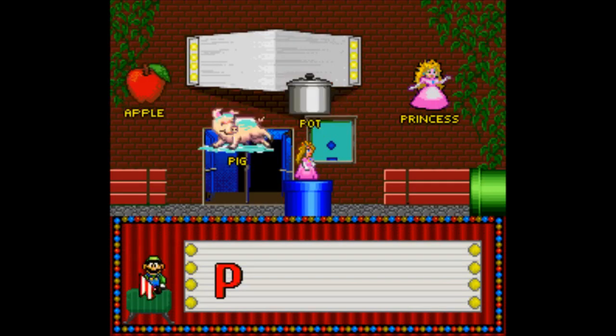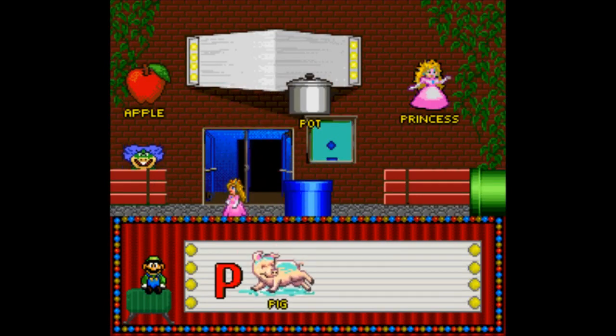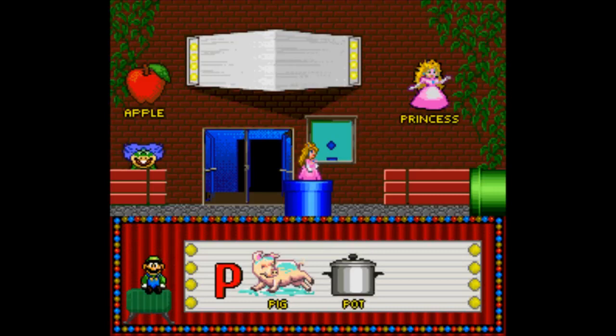Find a word that starts with the letter P. You found it. You found pig that starts with P. P. Pig. Choose a word that starts with the letter P. Super.